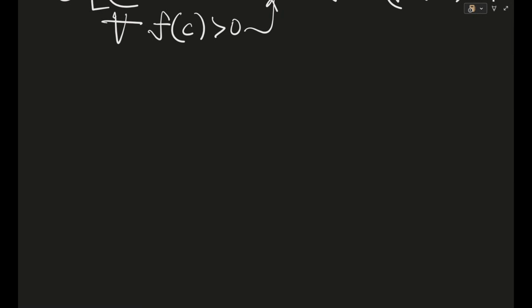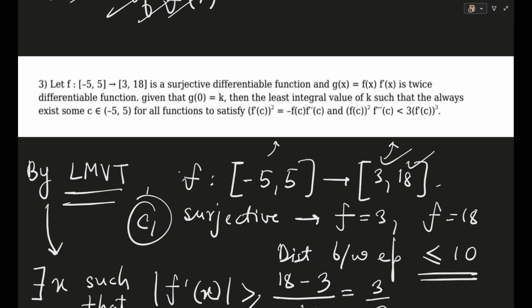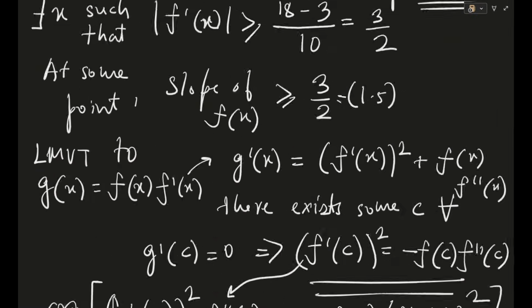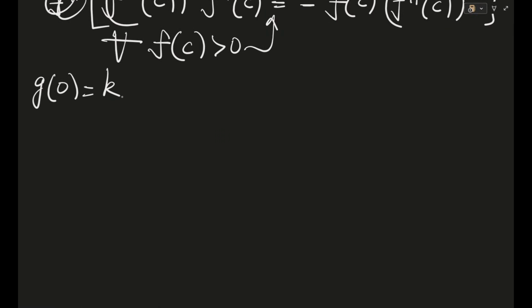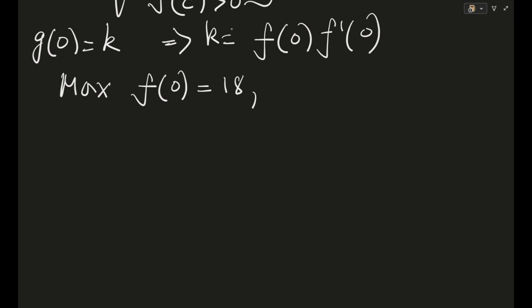So going on, now we have to use g of 0 is equal to k. If I move you back into the question once, you will see it was written that g of 0 is equal to k, and there exists some c belonging to minus 5 comma 5 for these two conditions to be satisfied. These two conditions are very well checked, and therefore g of 0 is equal to k, or I can imply from here that k is equal to f of 0 into f dash 0, right? Here we have to take the worst possible case. So the worst possible case is the maximum of f of 0, that is 18,